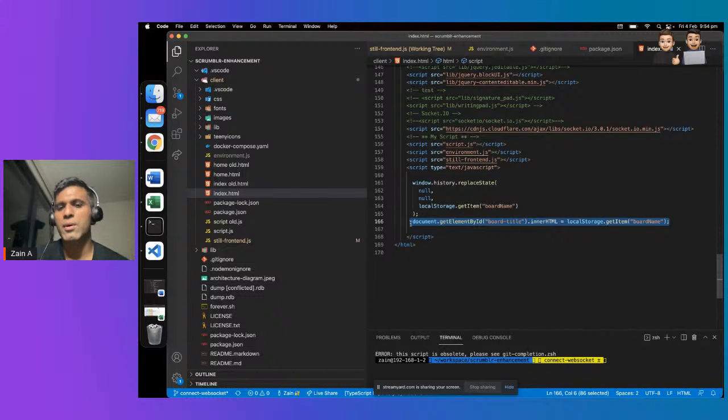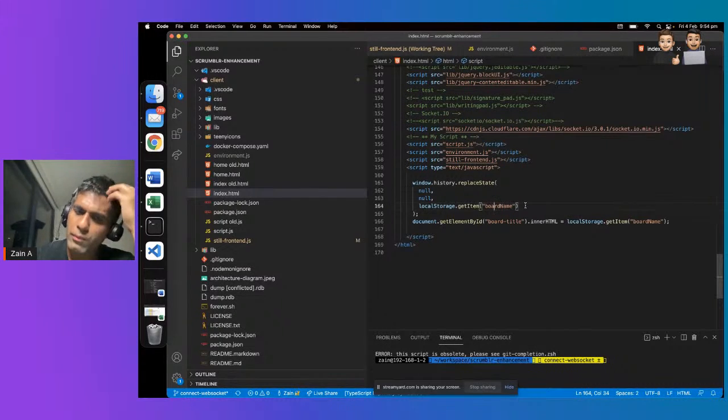Let's get board name and replace the board name here. Set the redirection of page to index.html regardless of the